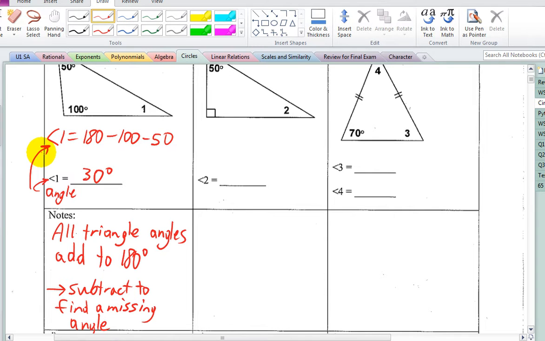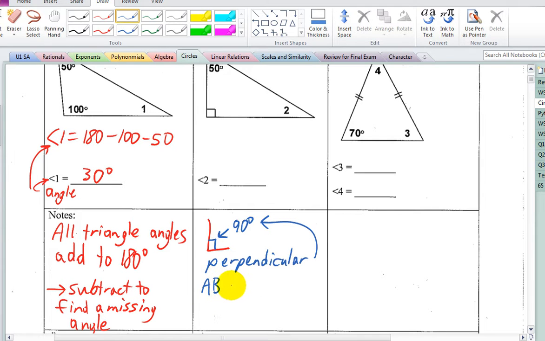Now, for angle 2, same idea, right? We have a triangle, but this little square here means what? 90 degrees. It actually means that it's perpendicular. Okay, that's the perpendicular symbol, which means the lines join at 90 degrees. So if I say AB is perpendicular to CD, that's the perpendicular symbol, a capital T,